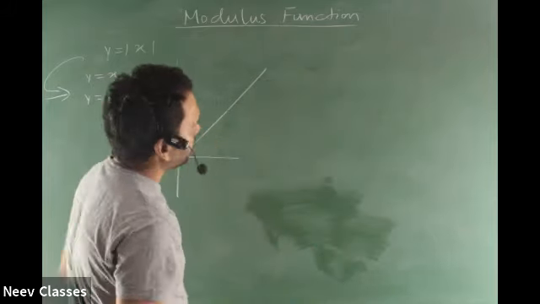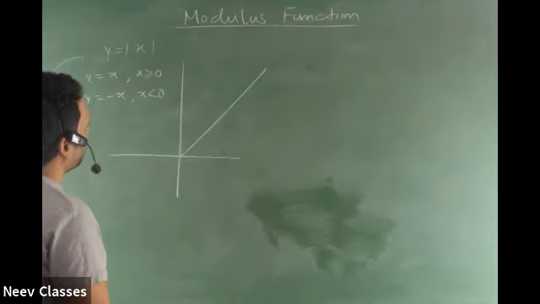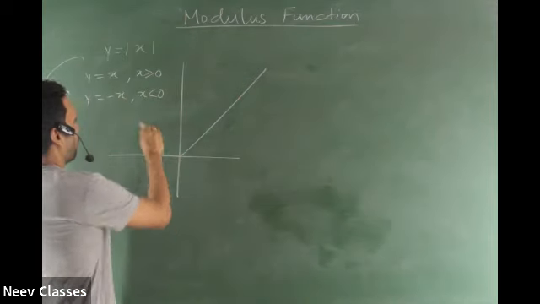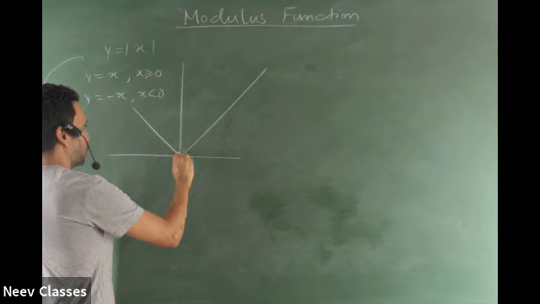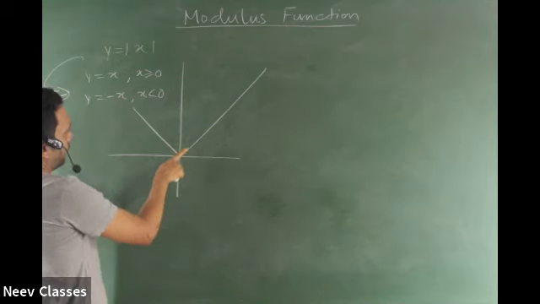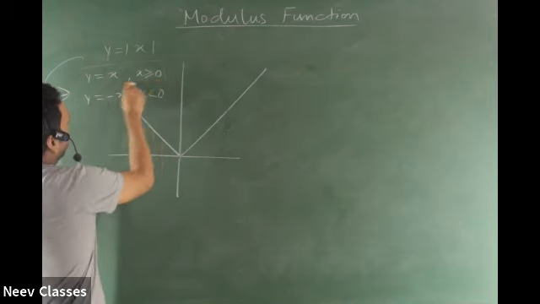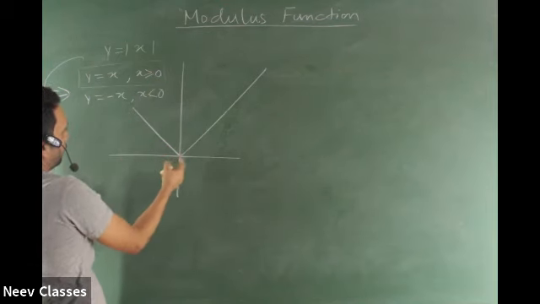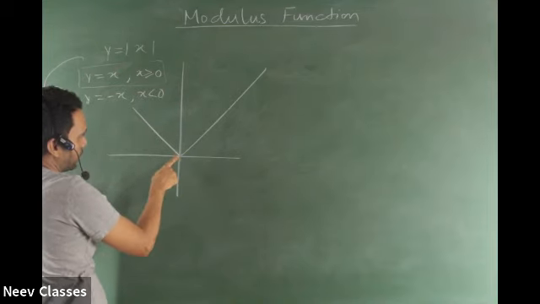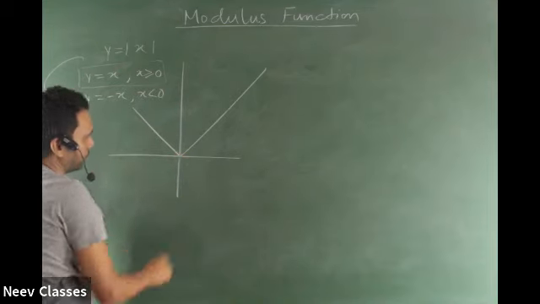Okay, without using the concepts of transformation. Let me complete this graph by the way. So that's the graph. Straight it was coming till 0. After that it is not defined. And the other definition, when it goes to negative, is the minus x graph, which is like this, straight. So it is a sharp turn over here.